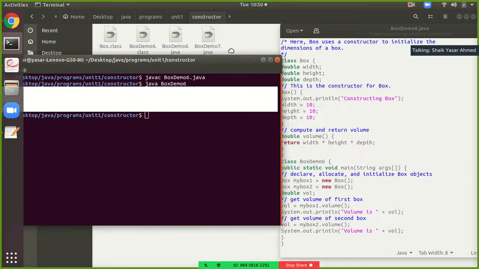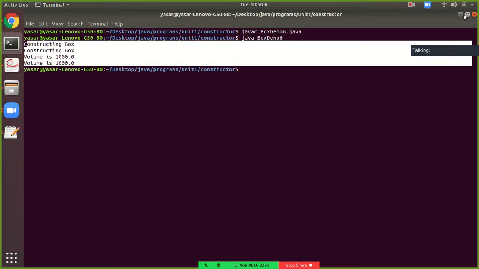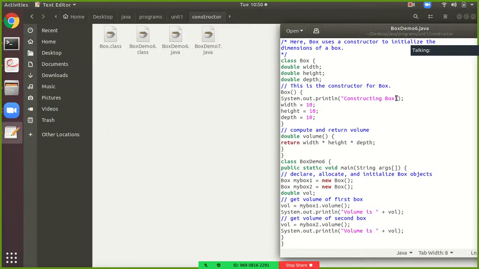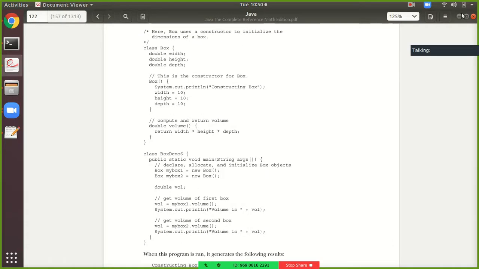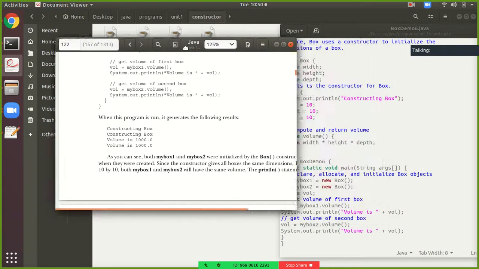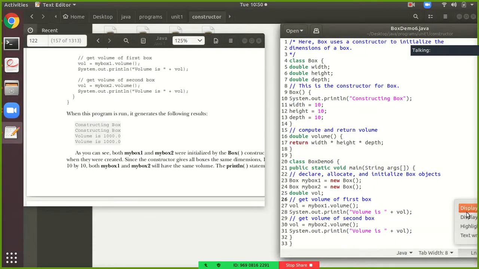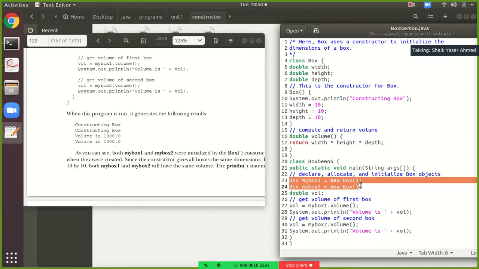Now students, please try to concentrate on whatever I am going to explain now. This is the output which is available here, which you have seen in the command prompt also. Now what will happen is the execution starts from BoxDemo6. Inside this, at line number 23 and 24, please observe this.